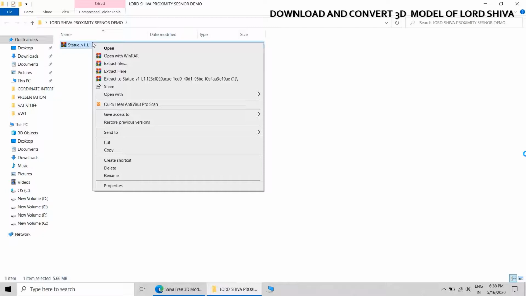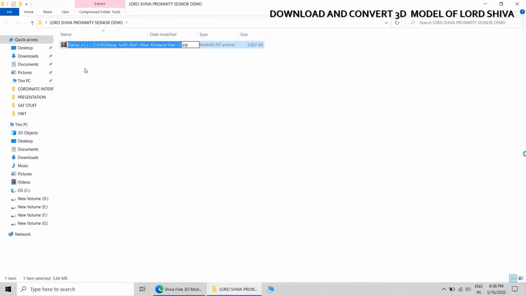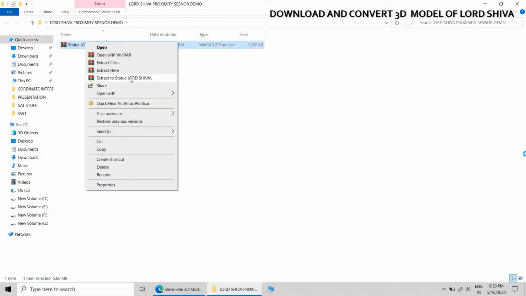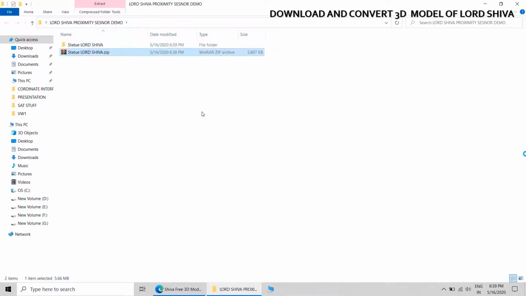You can make the name short by removing unnecessary numbers and letters from the name. So call this statue Lord Shiva zip. Now unzip this particular file, extract to the folder.